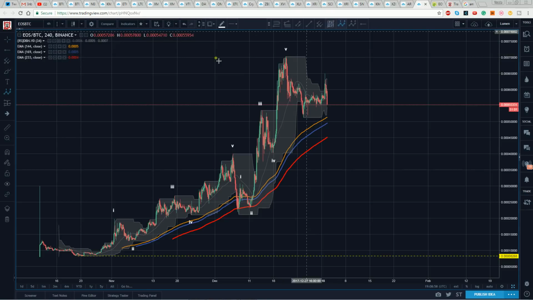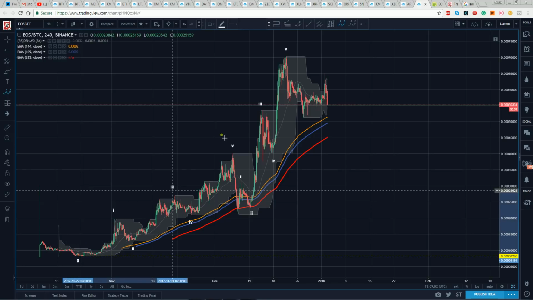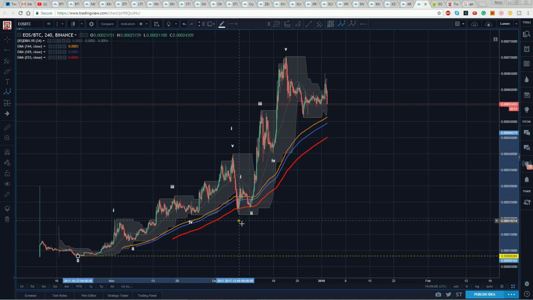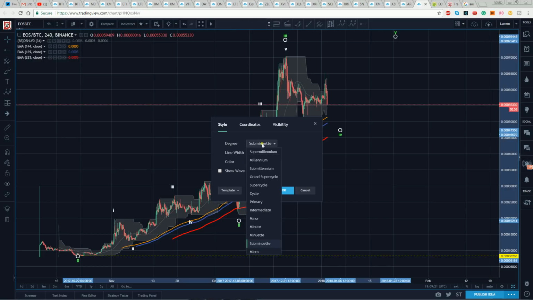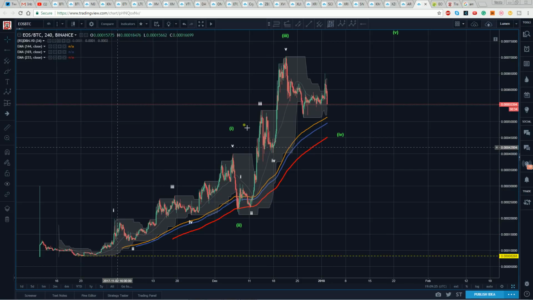So we put this now in a larger degree. So I go to the Elliott tool here. I'm going to work from back here. So I'm going to get a completed 5-wave sequence, which to a larger degree would give me a 1. Then I get my correction, that's my 2. Then yet again, I get a completed 5-wave sequence to give me my 3. I'm putting in some sort of a 4 here before I go up again. Now let me change that color and put it in a larger degree so it makes sense. Okay, so we can get a complete